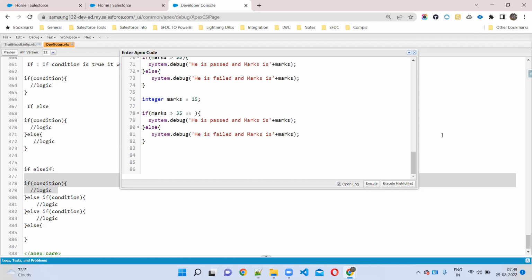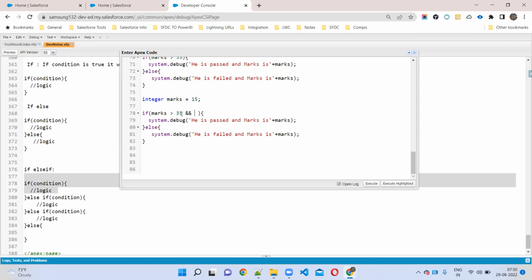This is equal. Double equal to, sir. Do we use one equal or double equal to? Double equal to means comparing. If you use a single equal to, what does it mean, sir? Assignment. Assigning data. If you use double equal to, it means comparing two values. If you want to compare two values, then we can use it like this. So you can understand this going forward. So if marks is more than 35 and